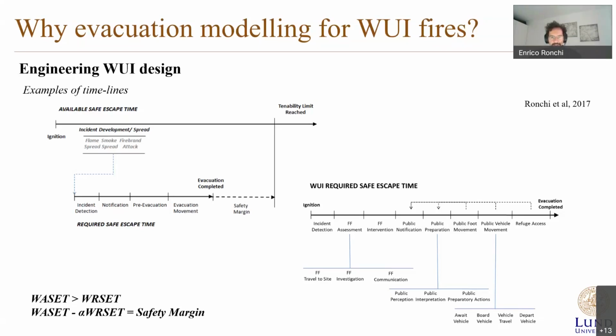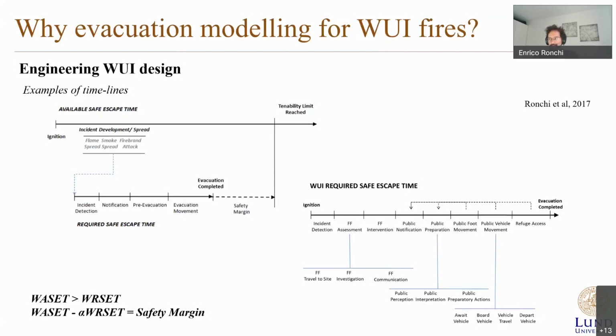Indeed, these are a couple of examples of A set and R set and WA set and WR set timelines that we can have. But we can see that starting from ignition, there are many things that can happen from the time of ignition to the actual tenability limit reached. So that entails the understanding of the incident detection, notification, what is called pre-evacuation, so the time for people